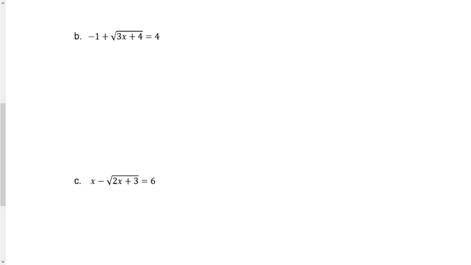In a question like this one, we do the exact same kind of procedure. Get the radical all by itself. So I can add the 1. Get the square root of 3x plus 4 equals 5. Square, because squaring and square rooting get rid of each other. So that completely canceled with that. And we'd be only left with 3x plus 4